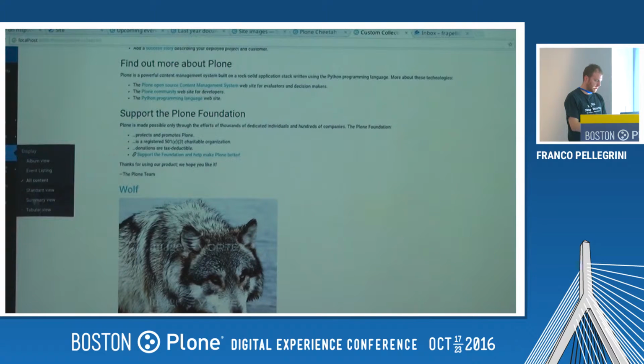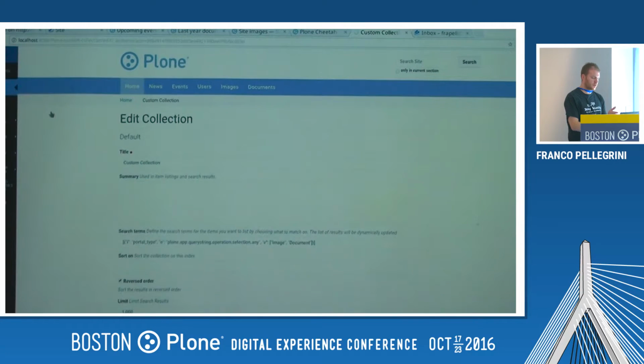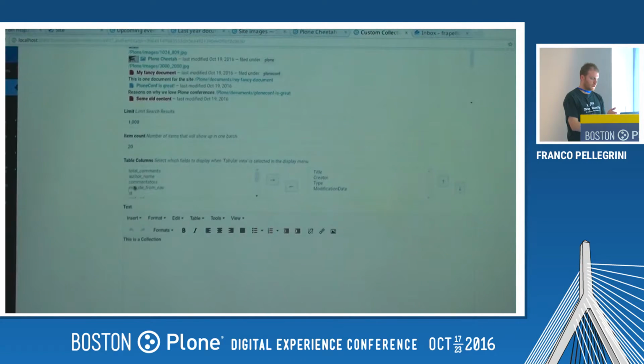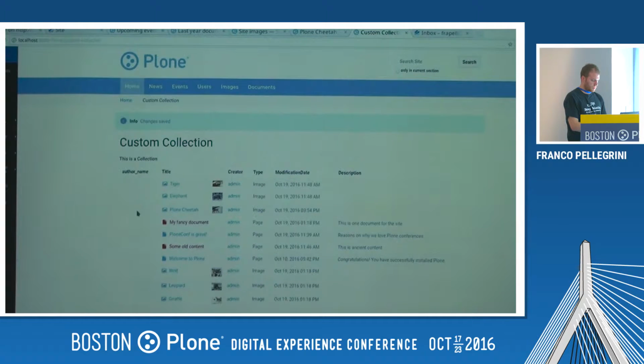Another type of display is the tabular view, shows this, and from the edit you can specify which columns to show. For instance, the author name. I'm going to show the description, and I want the author name to be first, so I move it up there, save it, and it doesn't have an author, it has a creator. Well,